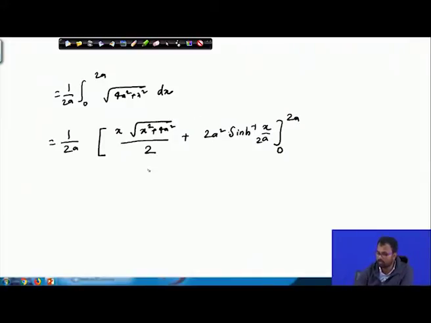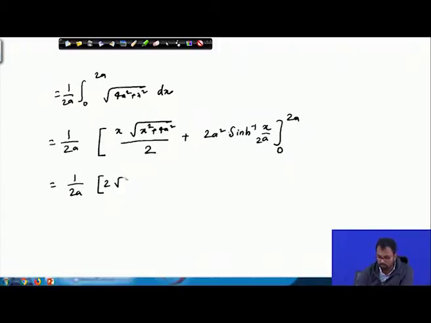This is some kind of integral calculus formula. I'm pretty sure you have done this before. So you just write the whole formula here, and when we substitute the value x equals 2a and x equals 0, then this will reduce to 1 by 2a